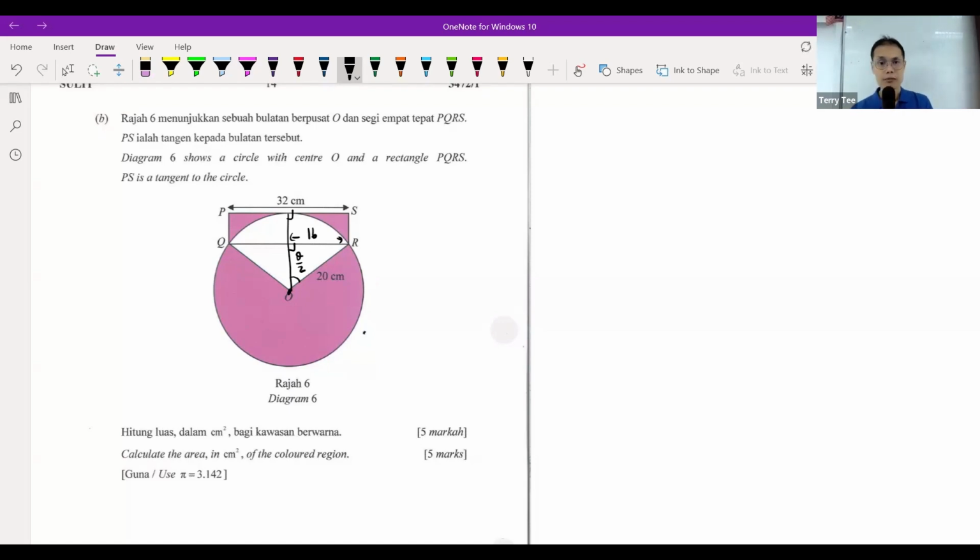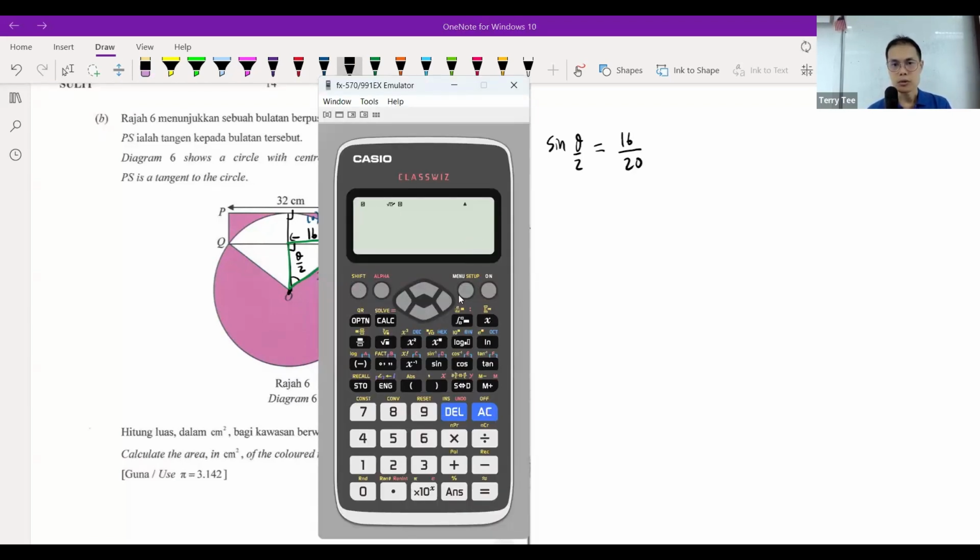Because to find the area of the colored region, we need to find this angle, right? You can notice this is a right angle triangle. Every time we have a right angle triangle, we can use SOHCAHTOA to find the angle. In this case, we use sine. Why sine? Because this is your opposite, this is your hypotenuse. You're not given adjacent. So sine of theta over 2 is 16 over 20. Use your calculator in radian mode. Don't use degree mode, because then you have to convert back to radian. When you use radian mode directly, whatever you get is in radian. So radian mode, shift sine 16 over 20,